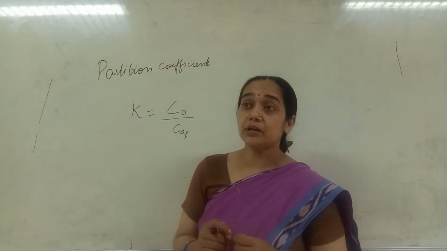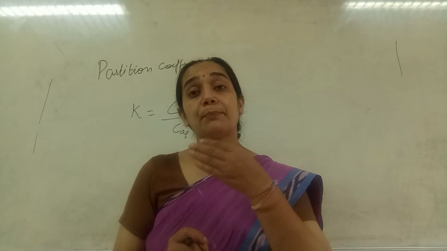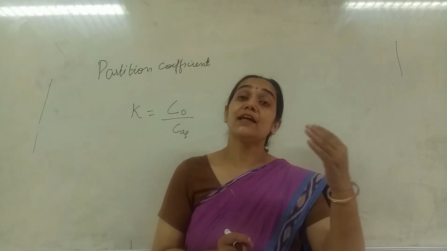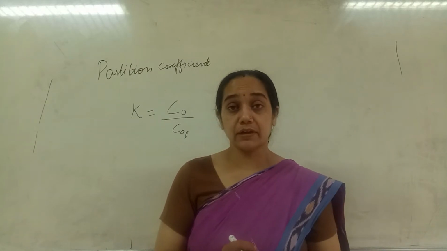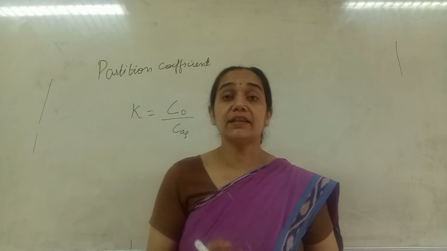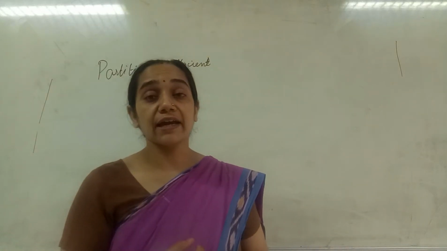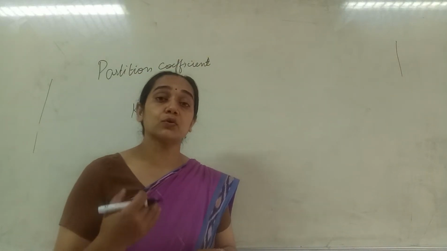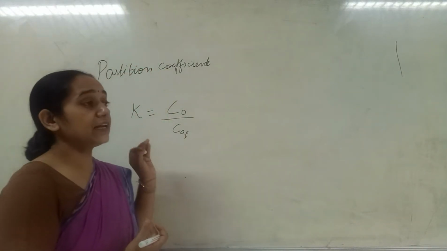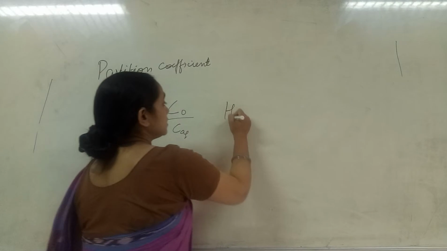So in order to determine how much of the drug will permeate across the membrane, it has to cross the lipid layer. Now it is the oil phase. So in order to predict the behavior of the drug inside our body, that is, how it will cross the lipid membranes, we determine the partition coefficient, and it is best explained by the Hansch equation.